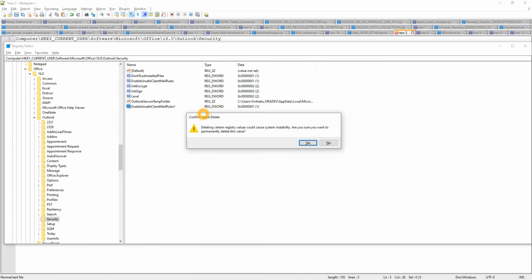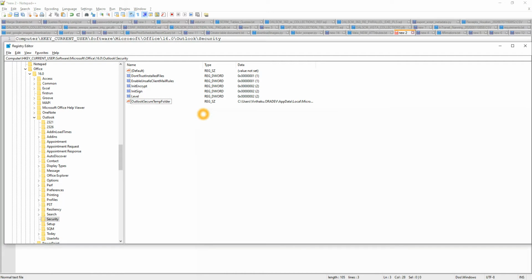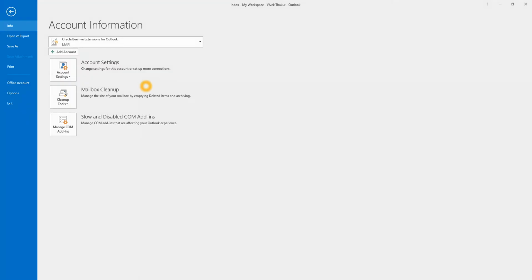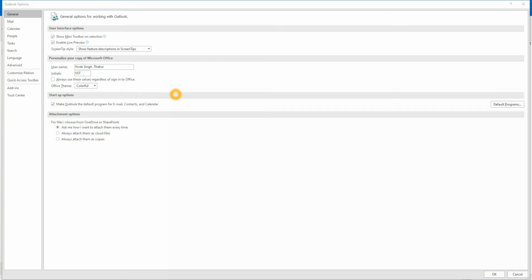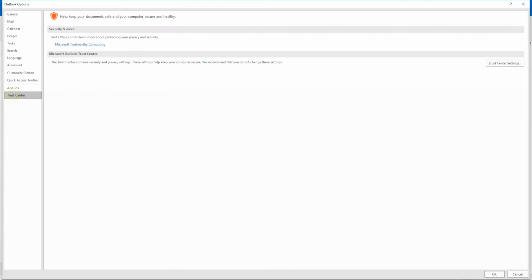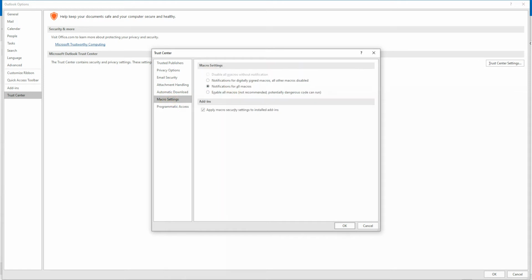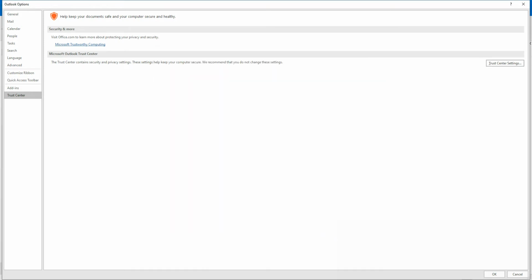Right now I'm deleting it because we already have this one, and then you have to restart your Outlook. Now the second thing: here in our Outlook settings, you go to options, then Trust Center settings, go to macro settings, and choose notification for all macros, or you can enable all macros also. It will work fine for your system.